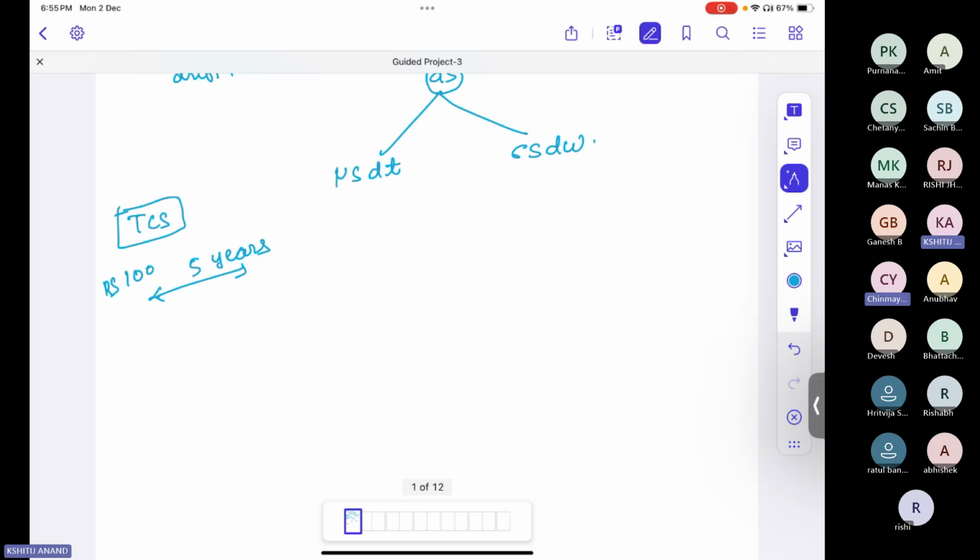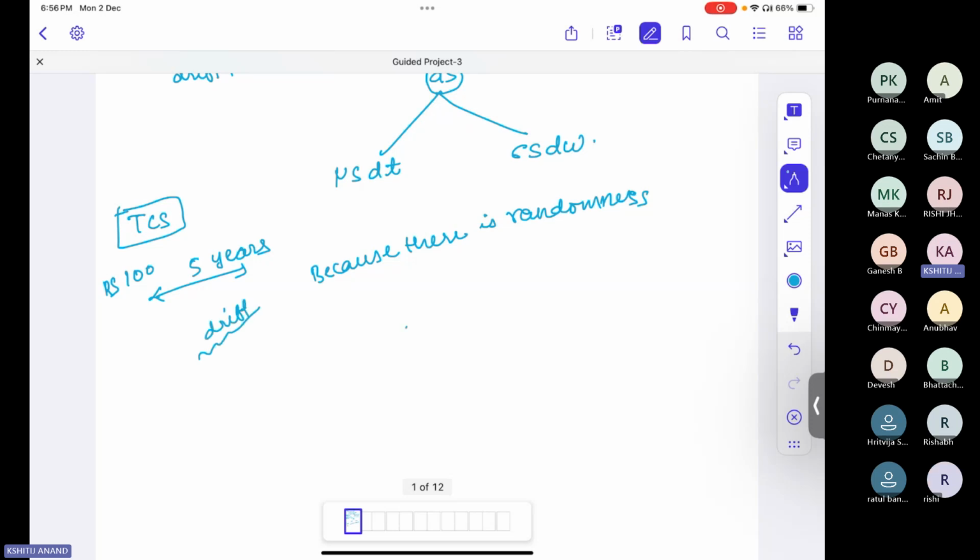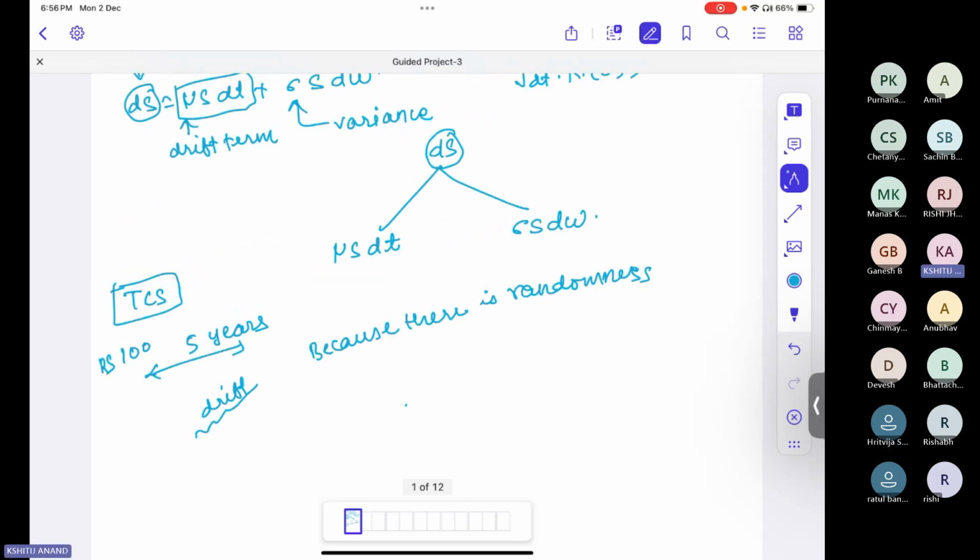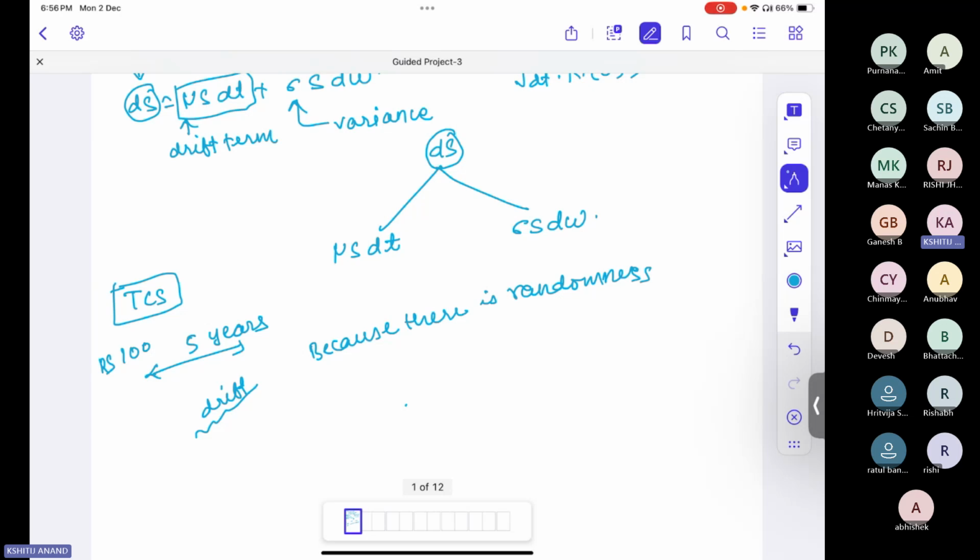No, because there is randomness in the market. While the natural tendency of this stock is to go upward, that means the drift tendency is to go upward, there is also a random tendency, a randomness in the stock. So a period of, for example, 10 days may fall in that random category, and you may lose your money. That means whenever you talk about a stock, it will have a natural tendency, which is that if